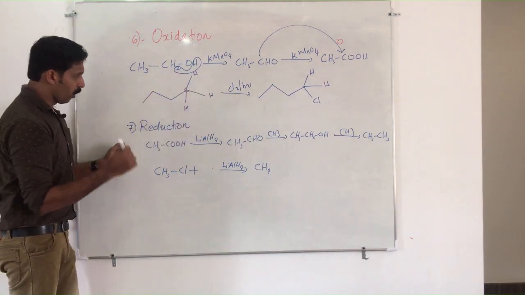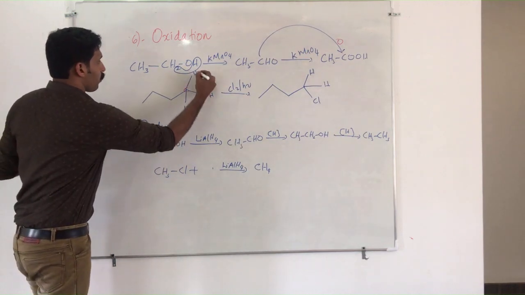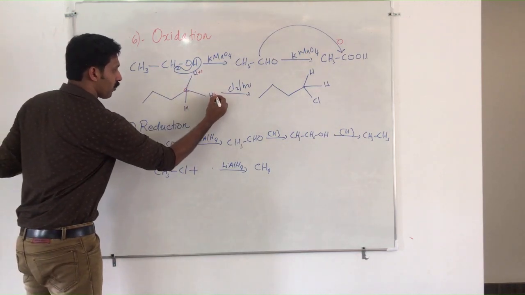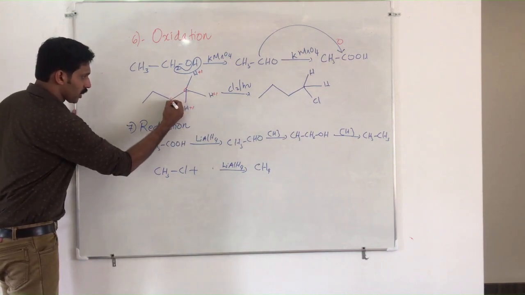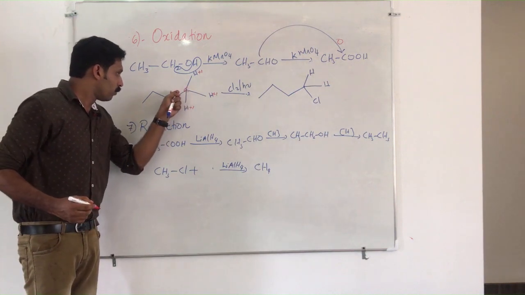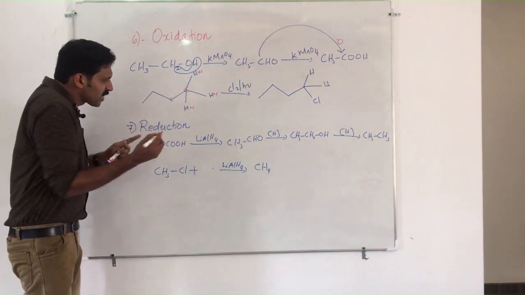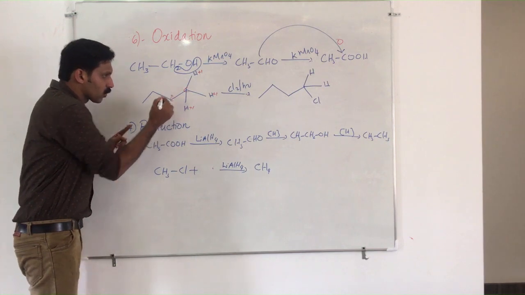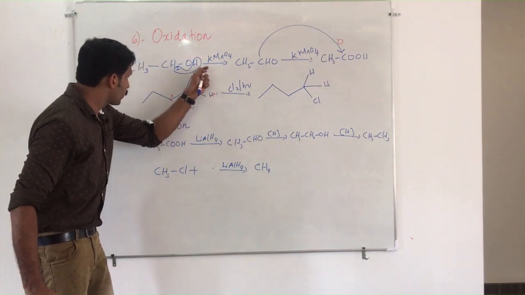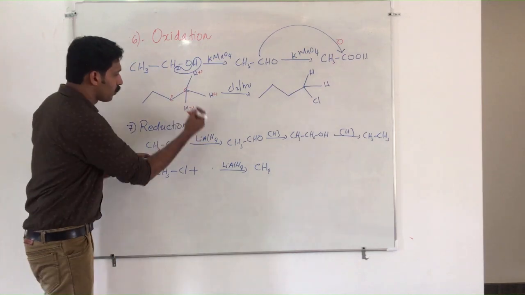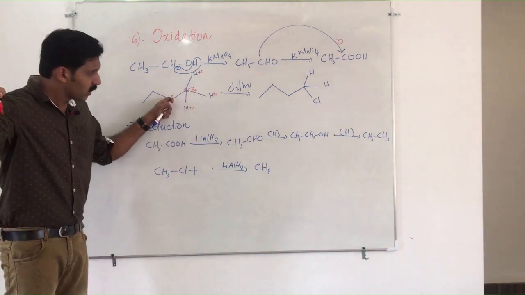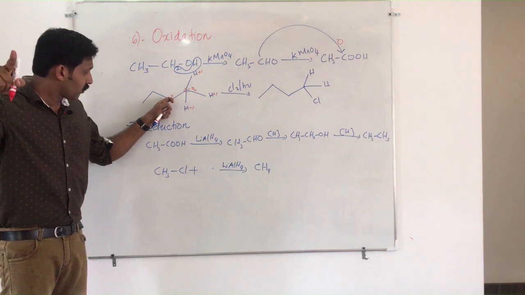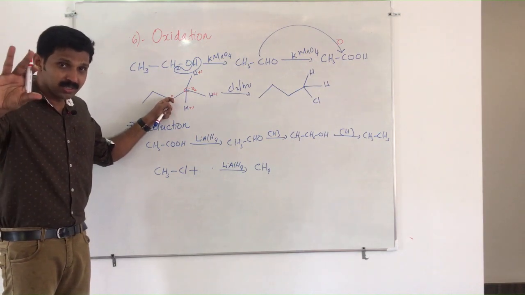C, H, H, H. You know, H has +1 charge. This also has +1. This also has +1. This carbon is attached to this carbon. Since both have the same electronegativity, you don't consider the charge of this carbon. You take it as 0. If this one has +1, +1, +1, total +3, that should be satisfied with this carbon atom. Therefore, the oxidation state of this carbon you can take as -3. It is 0 because the oxidation state of an element which is connected to a similar element is not considered.